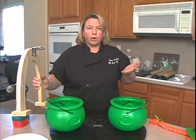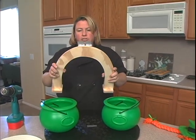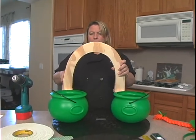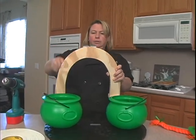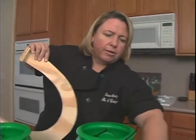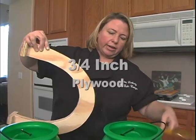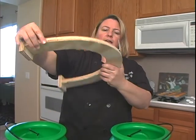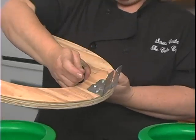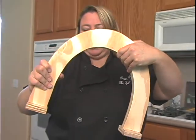Okay, so the rainbow, I needed it to be the support for the next tier. So what I did is just took a jigsaw, and I cut a rainbow pattern out. Okay, so I just cut this out of plywood, and this one is about 3/4 inch plywood, so it's fairly thick. And then I have these little braces right here. You get these at the hardware store. Okay, and you just screw these in to this,